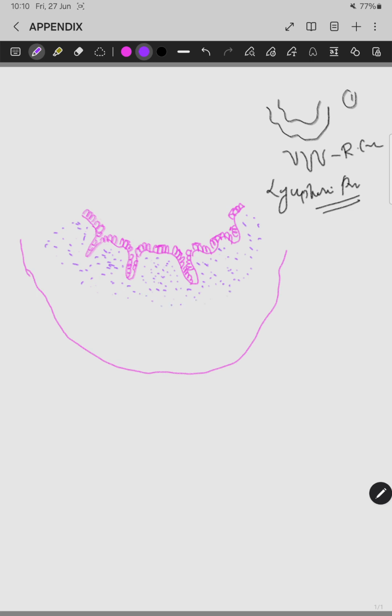And after that we have to draw well developed lymphoid follicles. Most of them will have a germinal center, because this is an active space for immunity. So you have to draw the lymphoid follicles which are present not only in the adventitia but also towards the submucosa. We have to draw the lymphoid follicles extending into the submucosa. And it is a continuous ring rather than discrete.